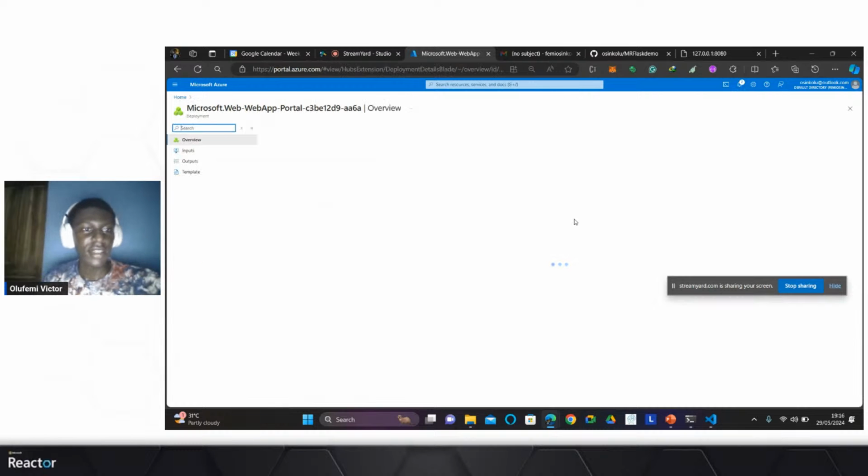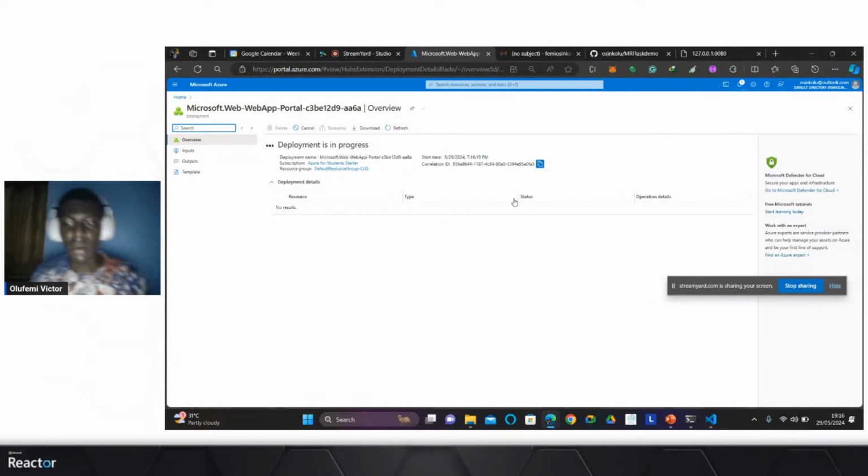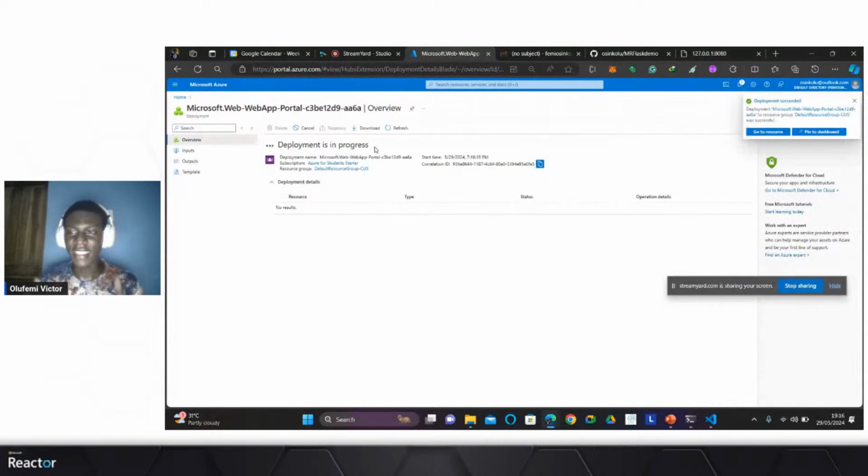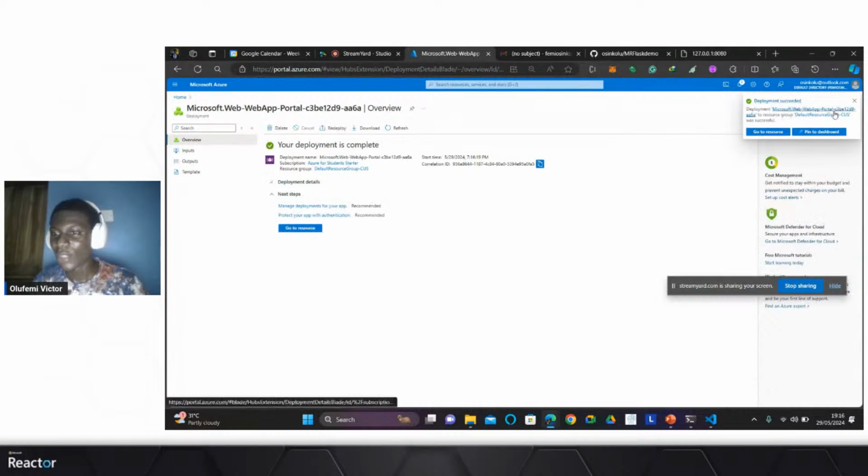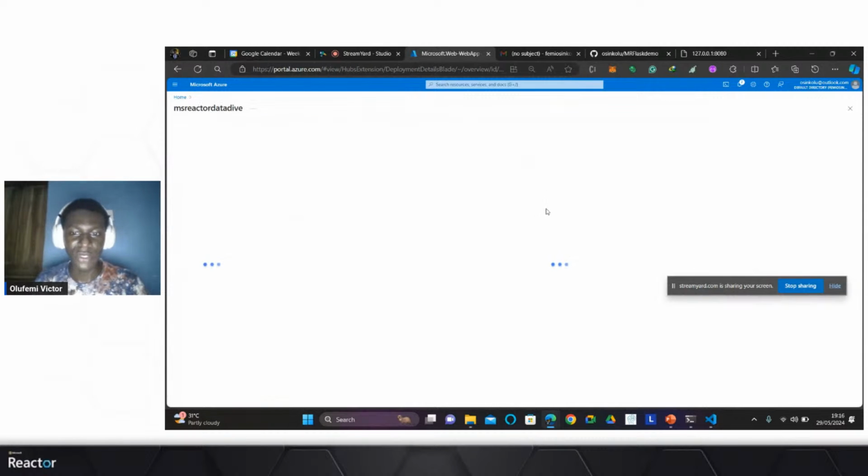So what is happening now in the background is that Microsoft is provisioning resources to host my web application, which includes the servers that run it, the CPUs, etc. It says deployment in progress, and I've not deployed anything, right? What's actually happening is that Microsoft makes a demo app for you, a Flask demo app. So let me go to the resource and see what the demo app is. Let this load up.